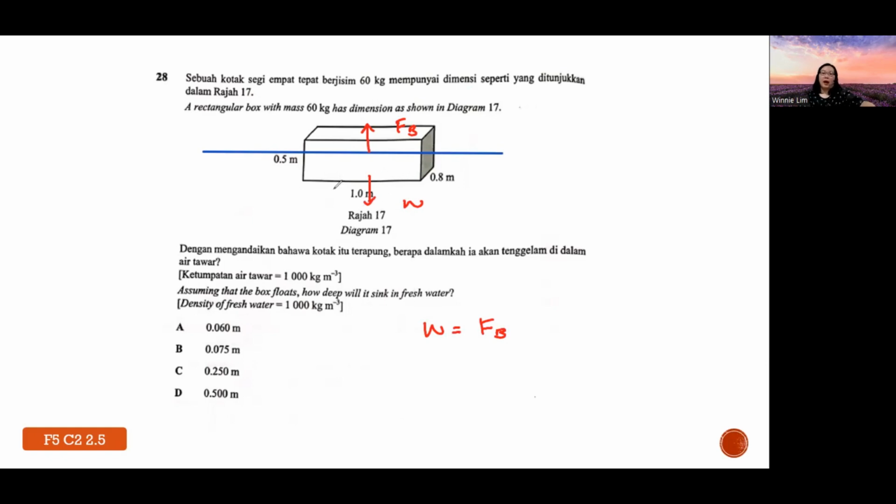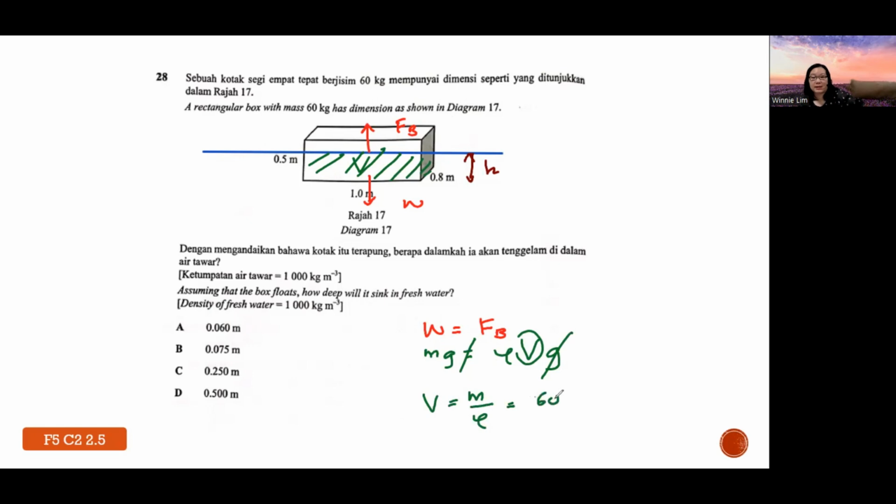To get how deep this block can submerge, we assume this is H, you actually need to find out the volume of the block submerged. This is the volume part. Weight is mg, buoyant force is rho Vg. So we find V first, but it's not the final answer yet, because we need to know the depth of the submerged part only. G can be cancelled out. V equals mass over density. So the mass of this block is 60, and the density is 1000, and we will have